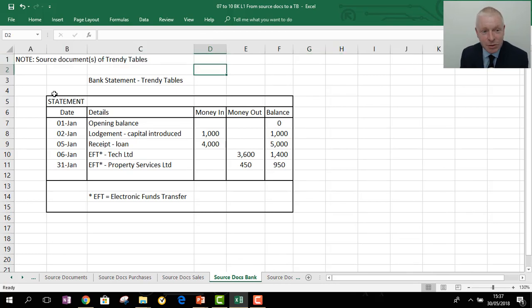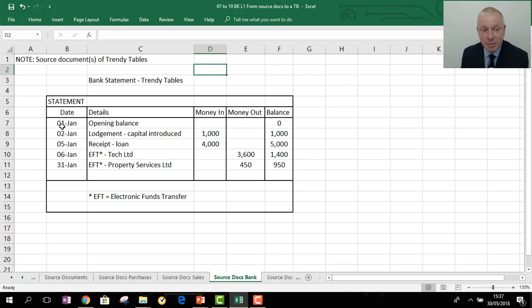So this is pretty straightforward. We have a document either in hard copy format or on soft copy on the computer. It'll detail the same information. It'll have the name of the bank account, the account number, all the various details we need. But for our purposes, we're just going to look at the date of the transaction, the details relating to it, the money's either going into the bank account or out of the bank account, and we have a running balance